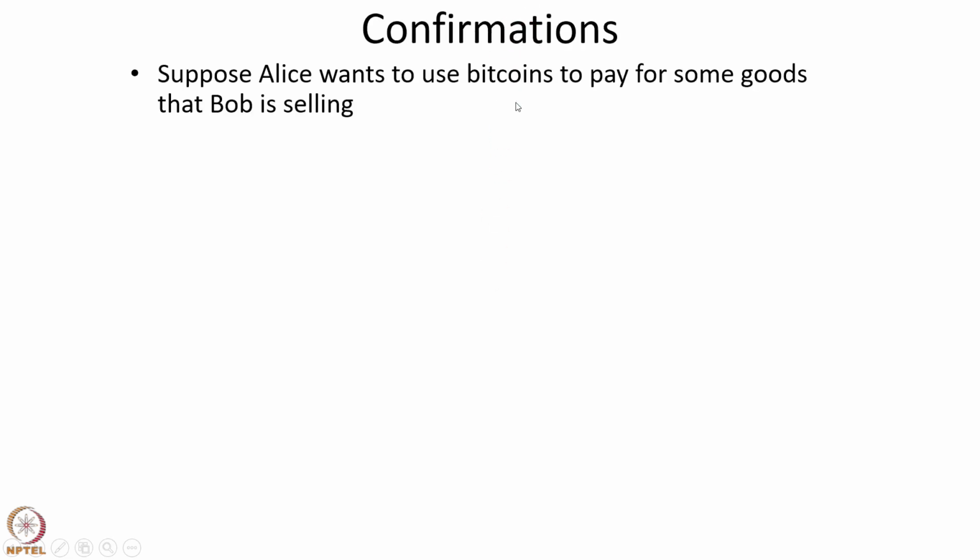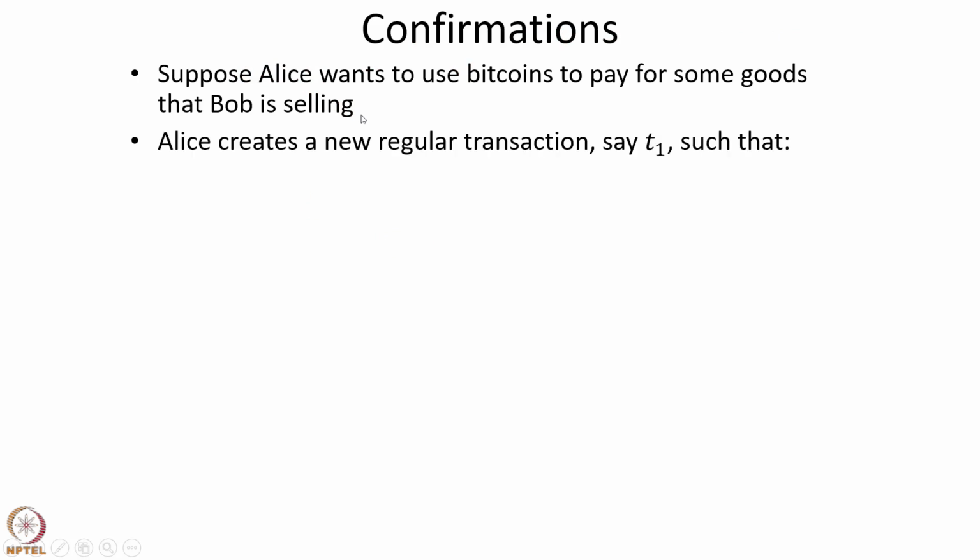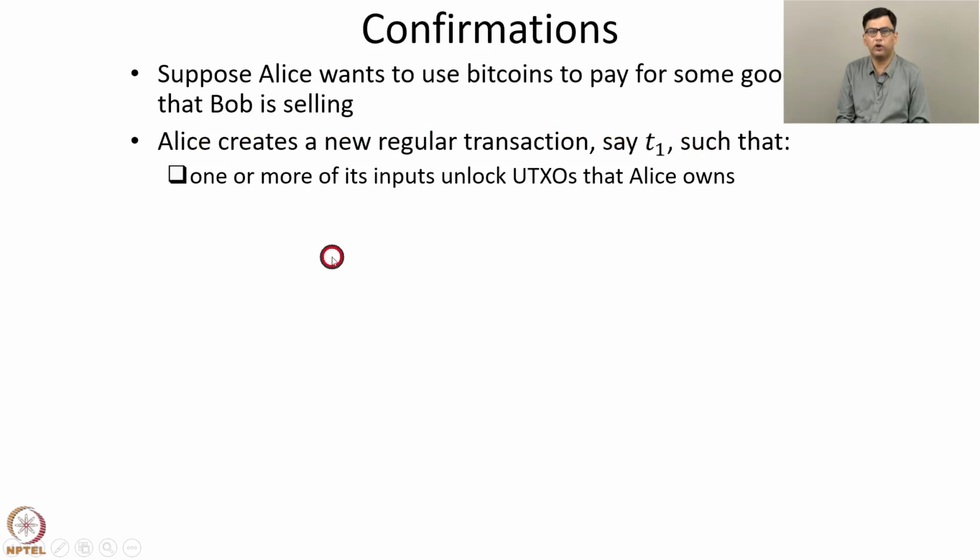Now we discuss the concept of confirmations. Suppose Alice is a buyer who wants to use bitcoins to pay for some goods that the seller Bob is selling. Alice creates a new regular transaction, let's call it T1, such that one or more of its inputs unlock UTXOs that Alice owns,